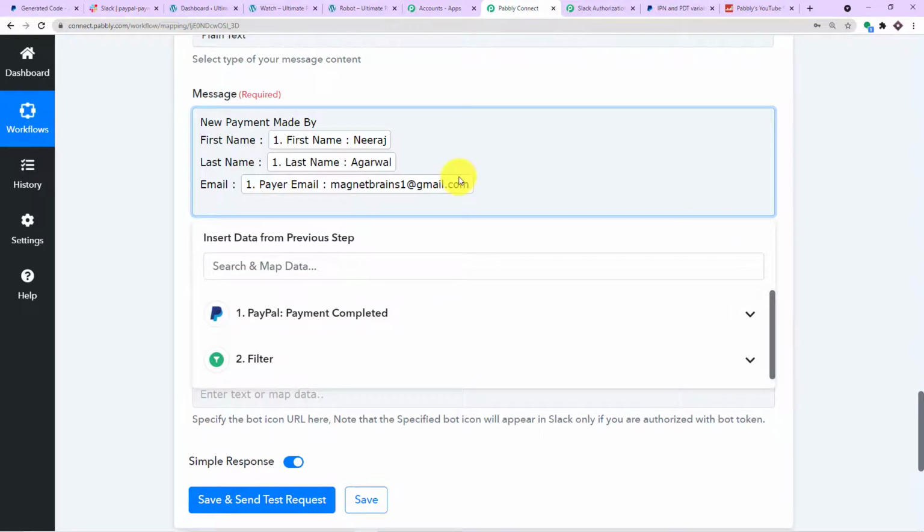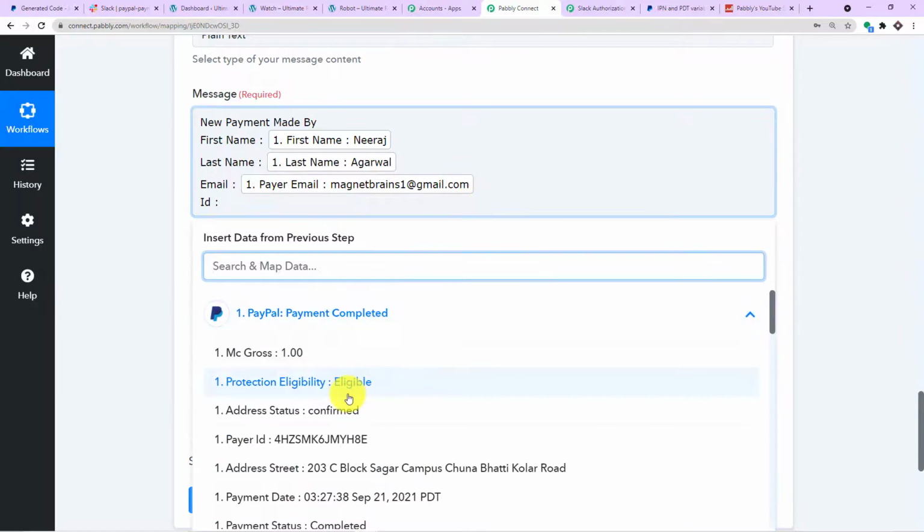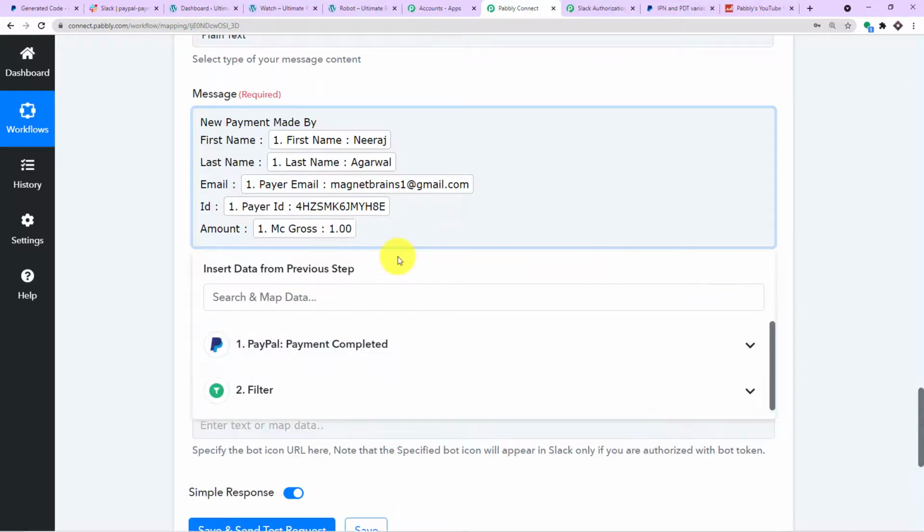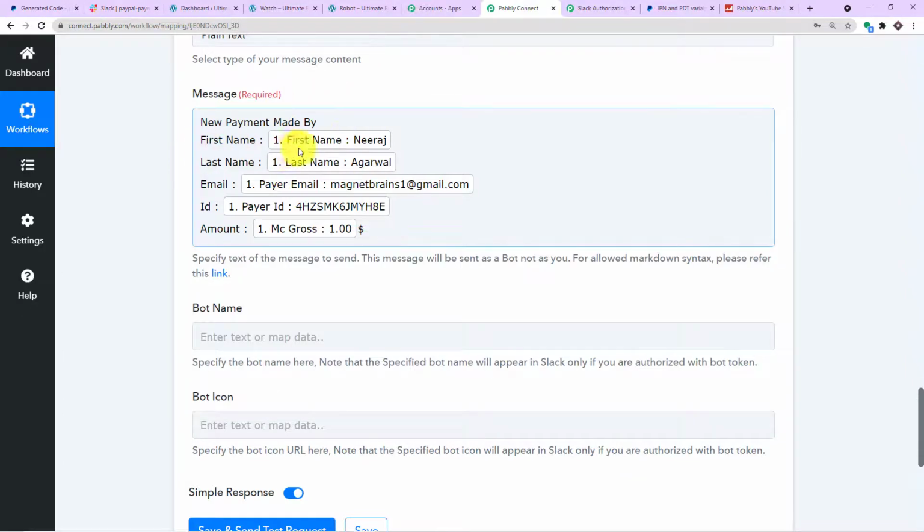Then some kind of ID will be necessary because it was a transaction. So this was the payer ID, and the amount. Let me just add the amount, dollar and dollar. New payment made by the first name, that is Neeraj, the last name is Agrawal, this is the email address, this is the ID, and this is the amount.